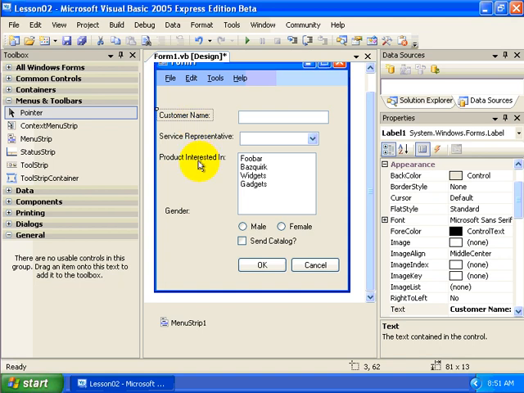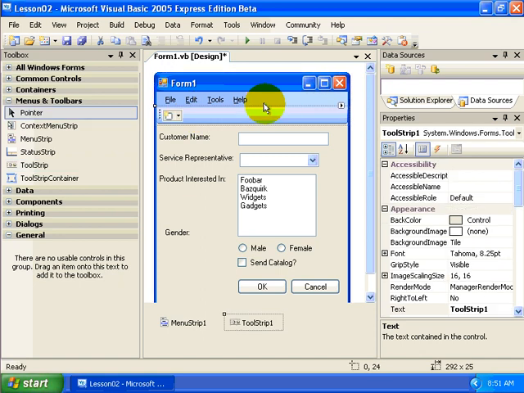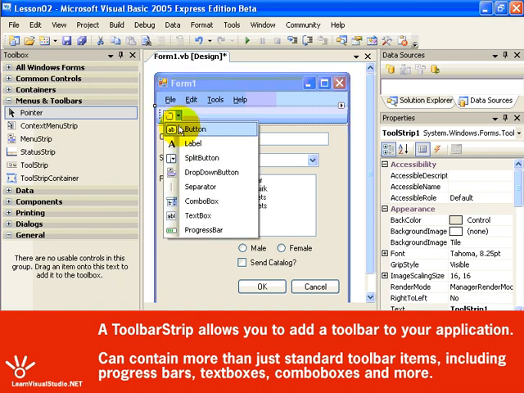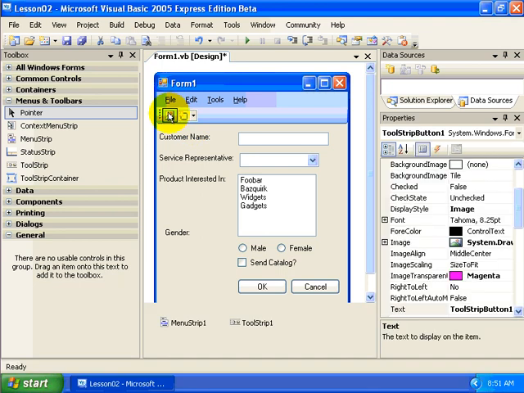Okay, so the next control that we want to display on our form is a tool strip. And a tool strip is just like a toolbar that we have within our Visual Basic 2005 Express Edition or Office or any of the other applications that you see that are Windows-based. And this is just a simple toolbar that allows us to put visual icons for those tasks that are quick access. So what we can do is just select, for example, button, and then I can click the button and